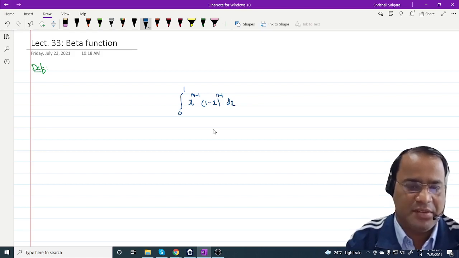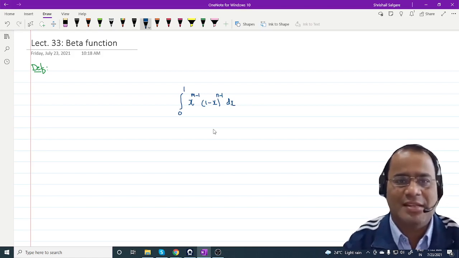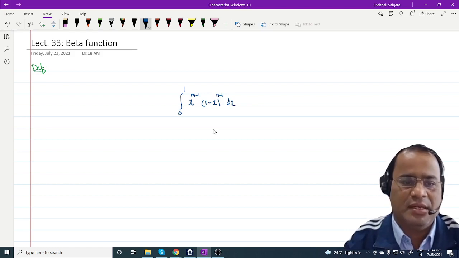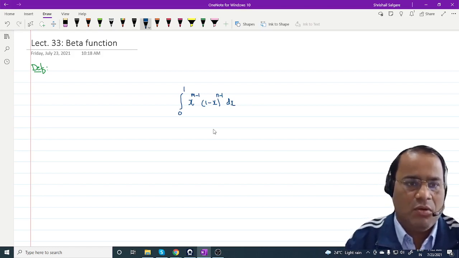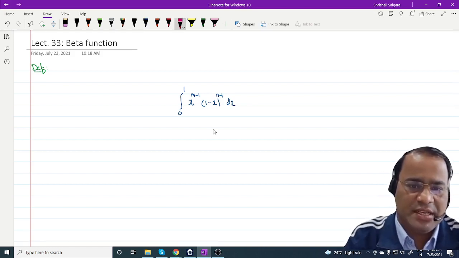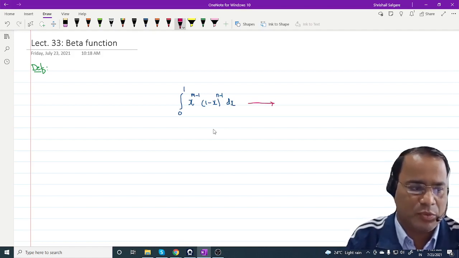This integral defines a function of some variable. The actual procedure tells us that you have to evaluate the finite integral, and at the end you have to substitute x equal to the upper limit and x equal to the lower limit, and subtract. Now can anyone tell me the evaluation of this integral depends on which variables or parameters? Which parameters remain the same up to the end?